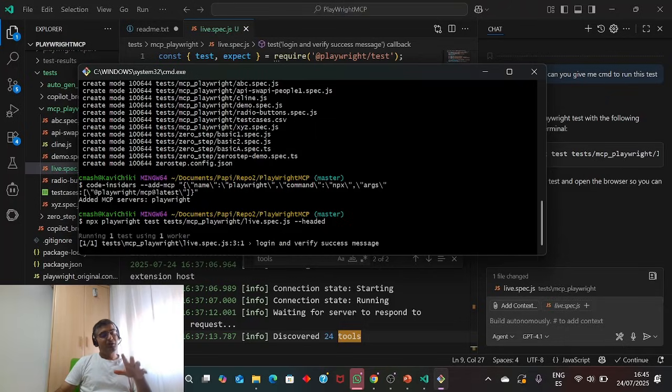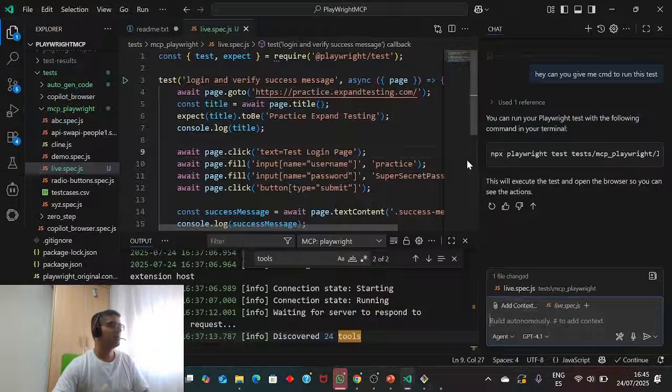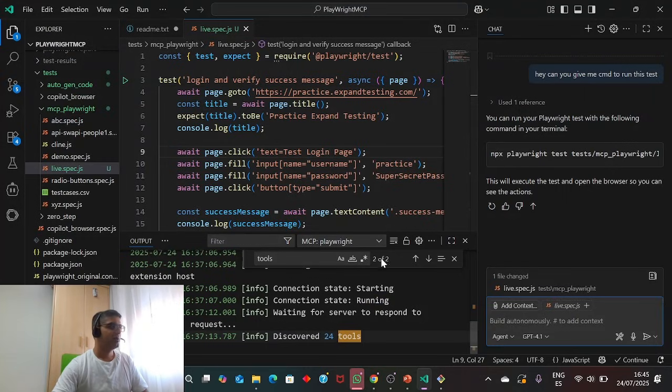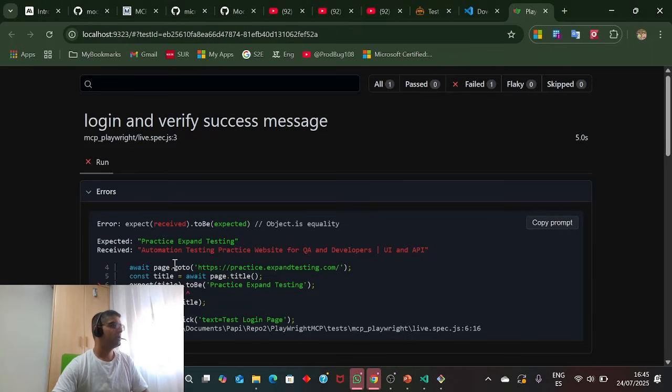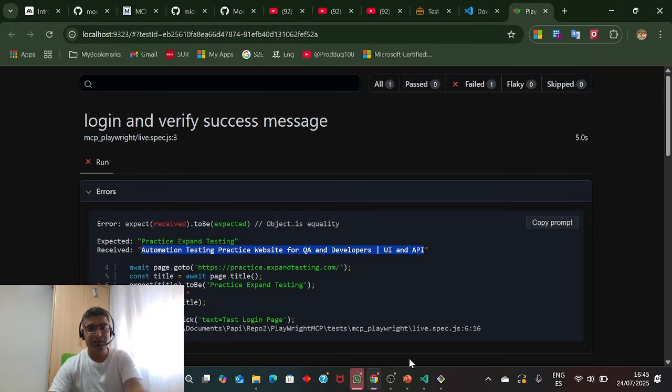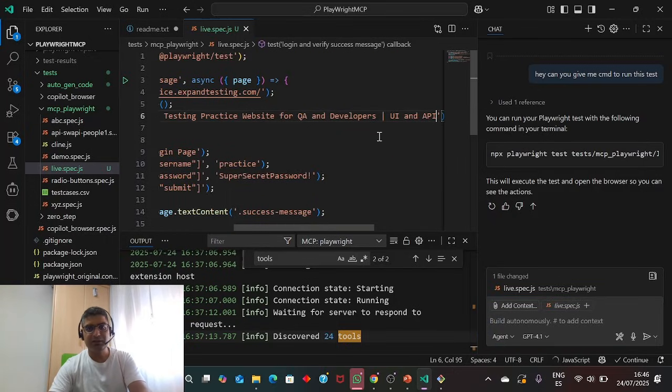I tried complex test cases as well, but this is fantastic. It was able to write everything. So fast. We can't see anything, right? Okay, let's see the report. I know that because of some capability issue, or maybe something in the initial stage, the title is not working all the time. Otherwise, everything is perfect. So let me replace the title here. One change. Okay, cool.